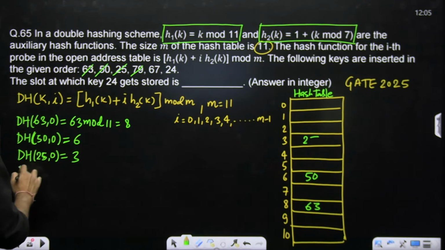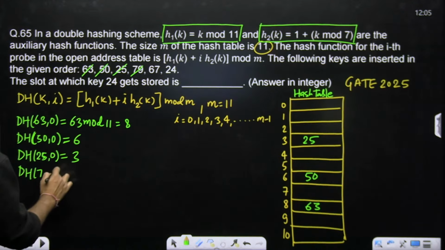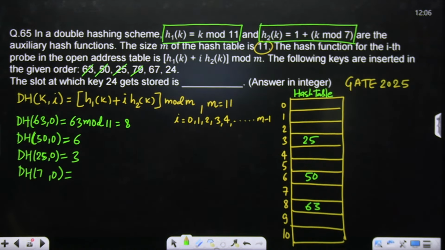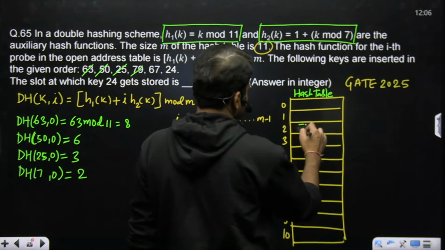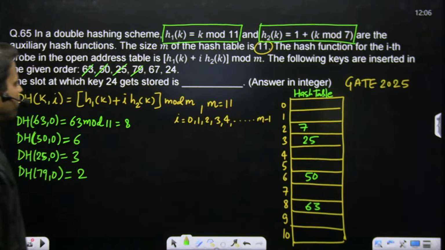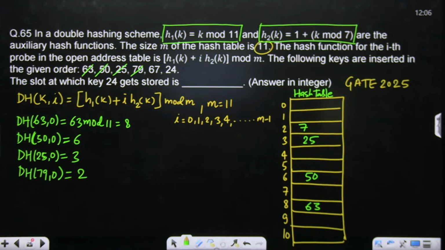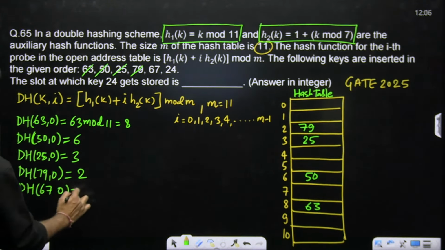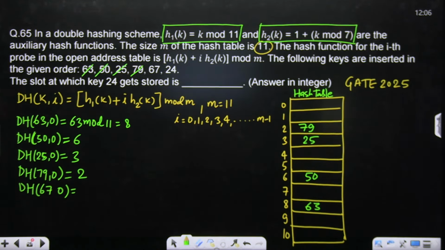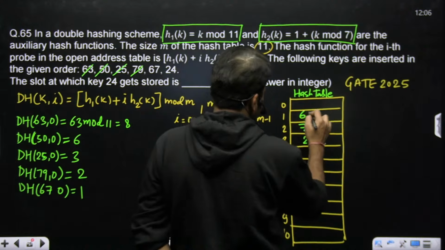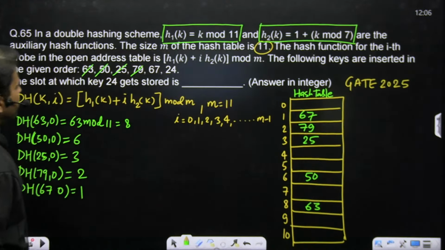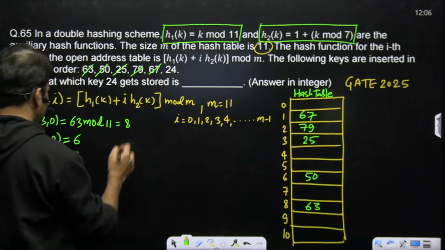Where is 79? Where is 79 बच्चे? 79, 11 7 जा 77 sir, it gives remainder 2, तो 79 is stored at this index। Okay, where is 67? 67 comma 0 sir, 11 6 जा 66, it gives 1 बच्चे, remainder is 1, तो 67 store at this position। Okay, कोई प्रॉब्लम नहीं सर यहाँ तक। नाउ सर 24,